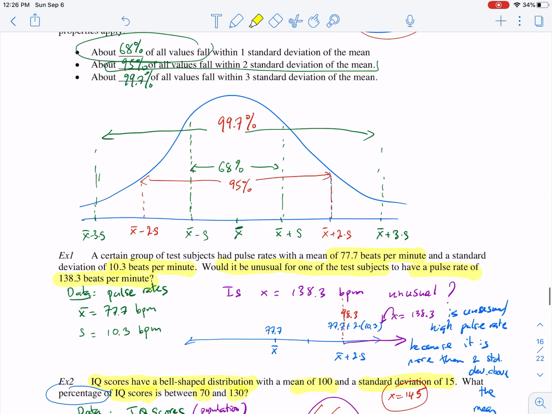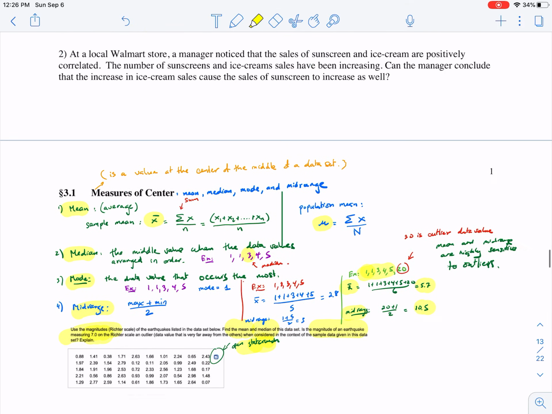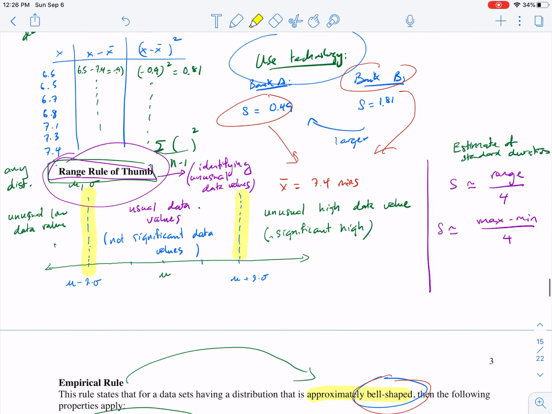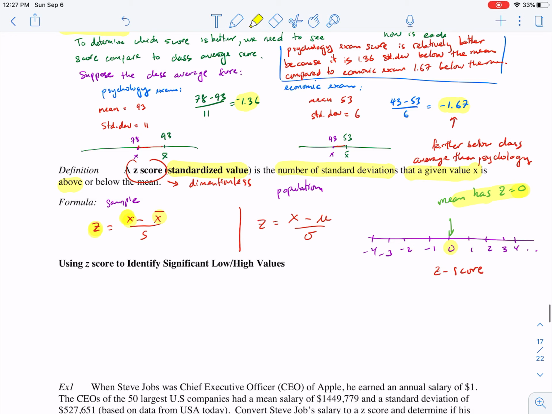From the previous lesson, we had the range rule of thumb. That's how we used to identify whether data values are unusual or not. Now we're going to take this range rule of thumb and rewrite and relabel it in terms of Z-score, because the Z-score represents the number of standard deviations above or below the mean. Now we can rewrite the range rule of thumb using Z-score only, right? So Z-score, the standardized value, is the number of standard deviations that a given value X is